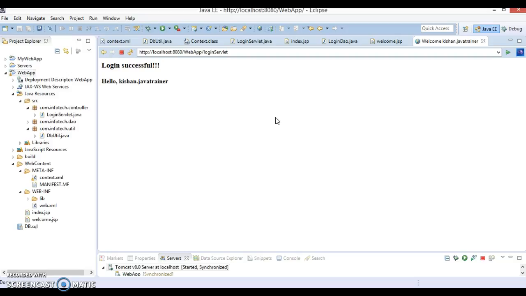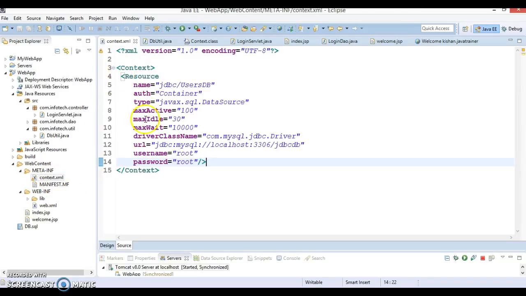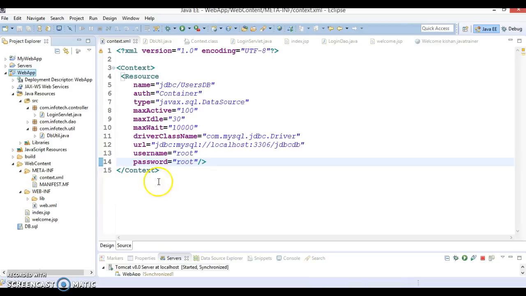One more thing I wanted to share with you. Here I have kept my data source in the context. I have manually created context.xml in META-INF, but this is very specific to the application, this is only valid for this application. But if you want